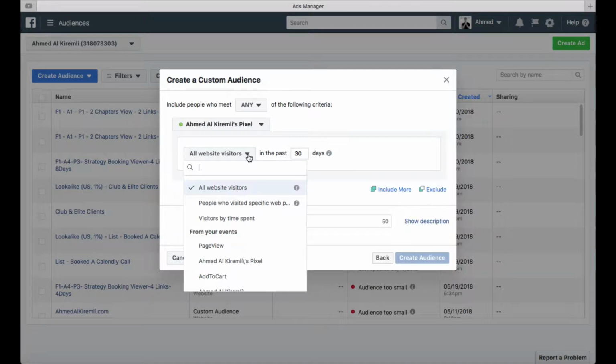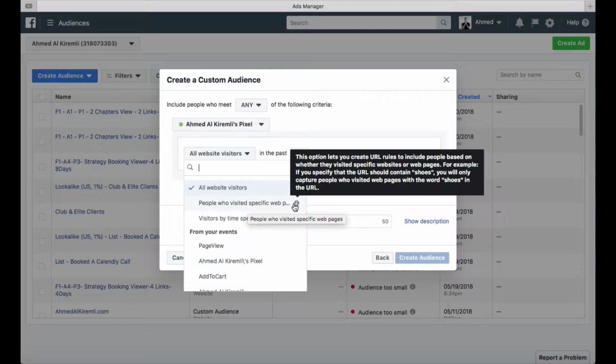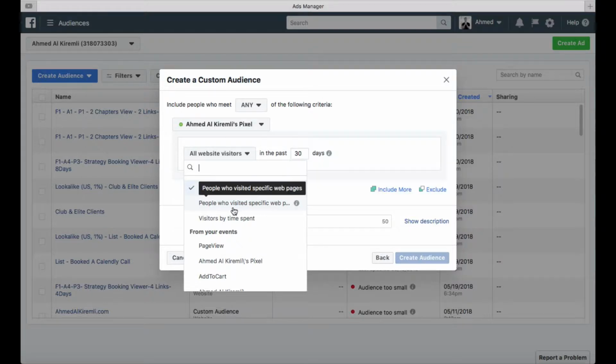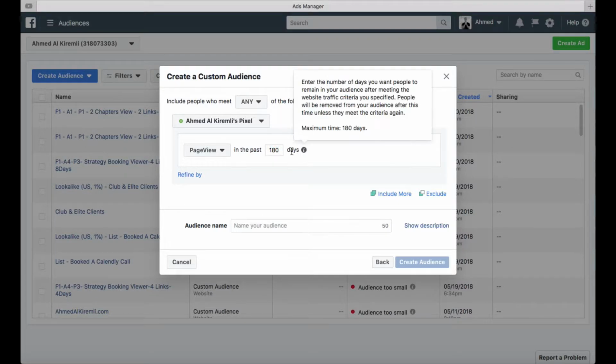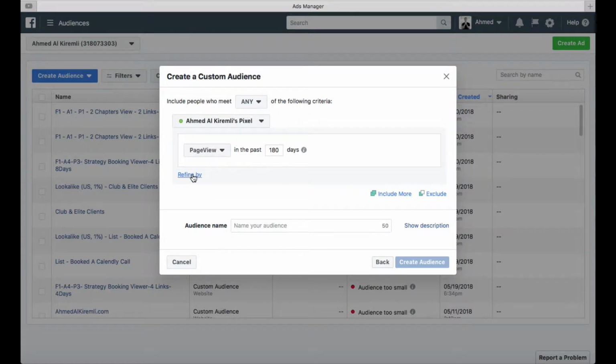So basically you click on this drop down, and you can pick it based on all the website traffic, or for a specific term, like a word in a specific URL, or by the time spent. But the most used one is by page views. So I'm going to pick page view. And then you select the number of days that you want this custom audience. You can select up to a maximum of 180 days to track the traffic of this custom audience,